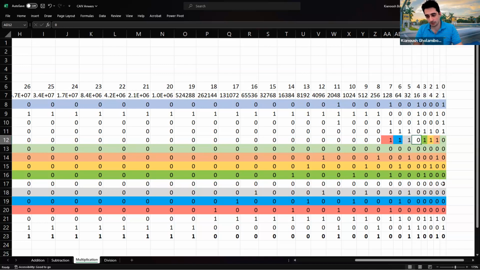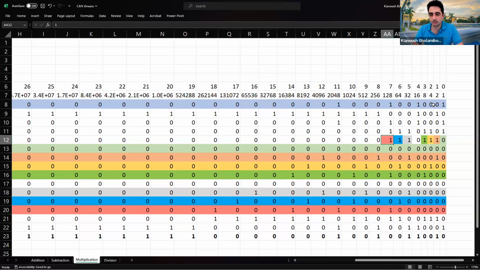Next bit multiplied by the A, it's full 0, so shifting it doesn't change anything. Next bit, the gray one, will give you this gray cell, this gray row, after shifting the results 5 bits to the left. Then the blue cell gives you this blue row after shifting 6 bits to the left. Then this nice color, 7 bits to the left shift operation,